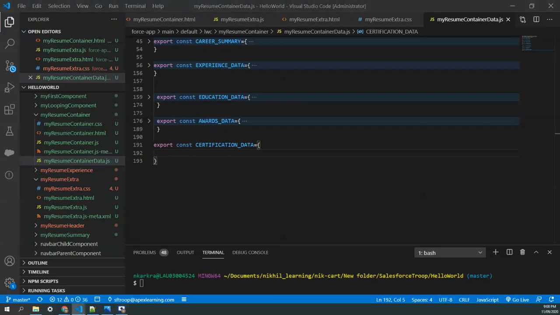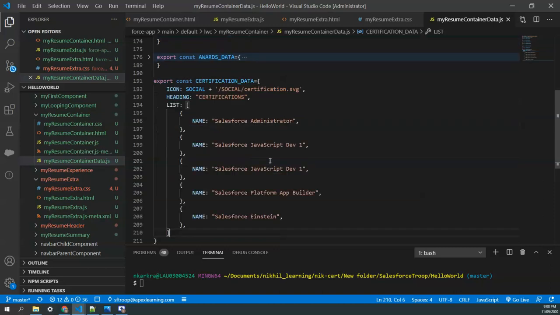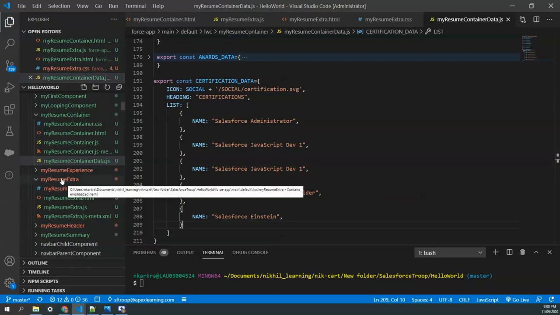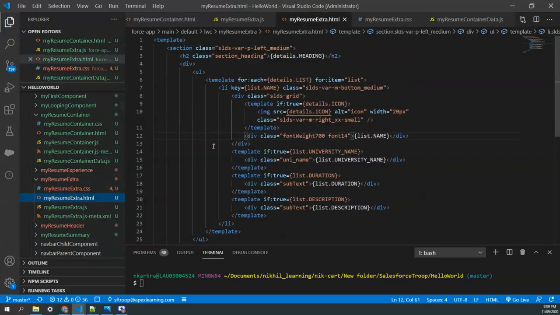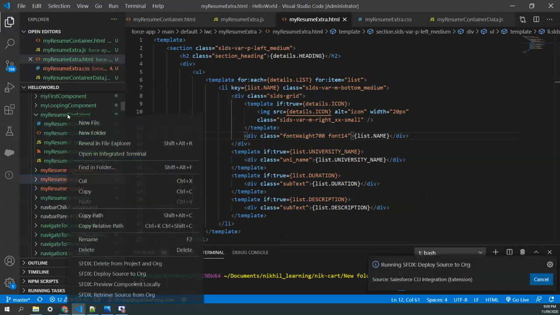and in the certification data we again have the icon and the heading. Again we have the list, and the list will have only names because otherwise it's going to be very big. I know many people have 10-20 certifications. I just edit it here. Okay, the certification name is there. And I don't think we have to do anything specific in the resume. The list is already rendering. So let's deploy both our components again